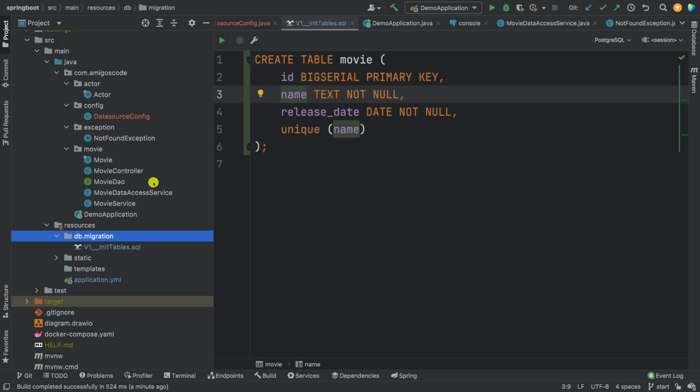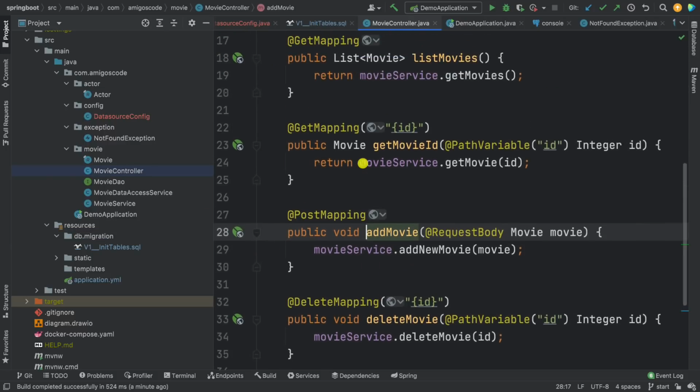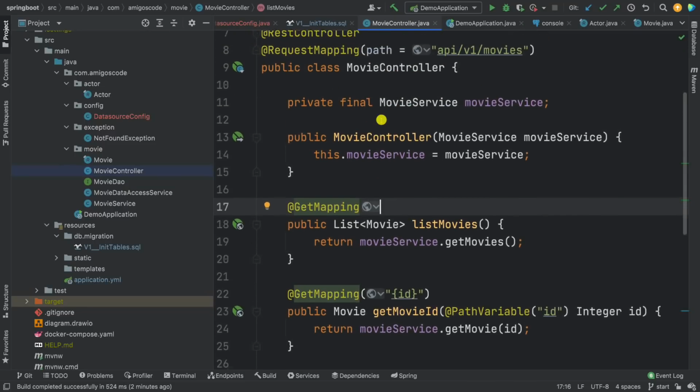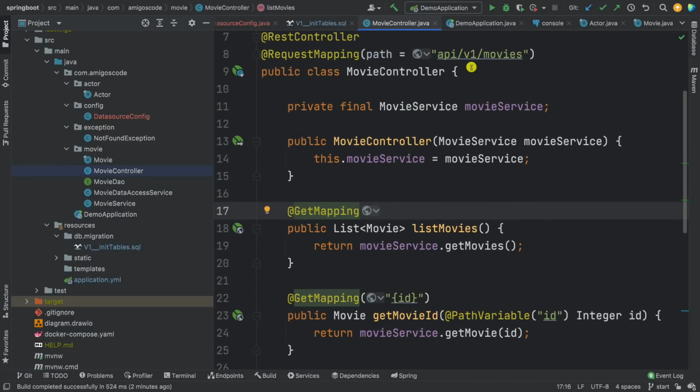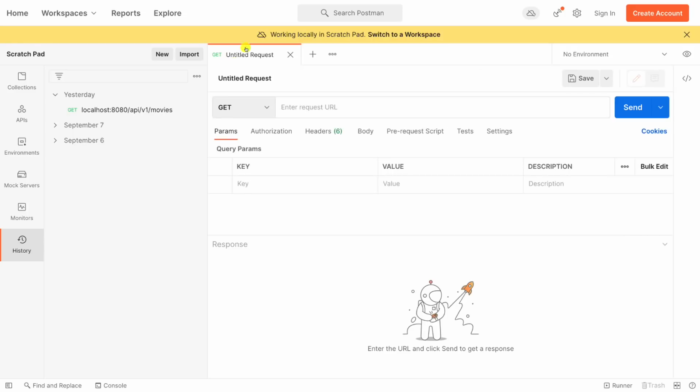Now let's go ahead, and what I want to do is if I open up the movie controller, and in here you can see that we can basically test whether this is working. So here you can see that we have this list movies, and it's under API/v1 and then movies. Now let me go ahead and open up Postman because not everybody should have the Ultimate Edition for IntelliJ. And in here I do have localhost API v1 movies, or you can basically create a new request and you can say the URL. So here let me just send this request,